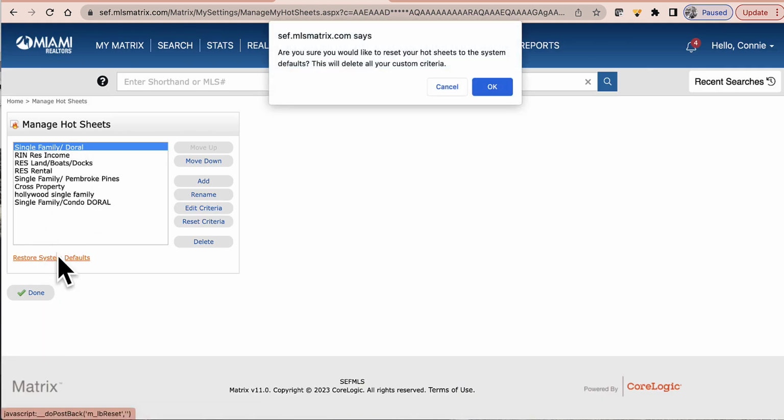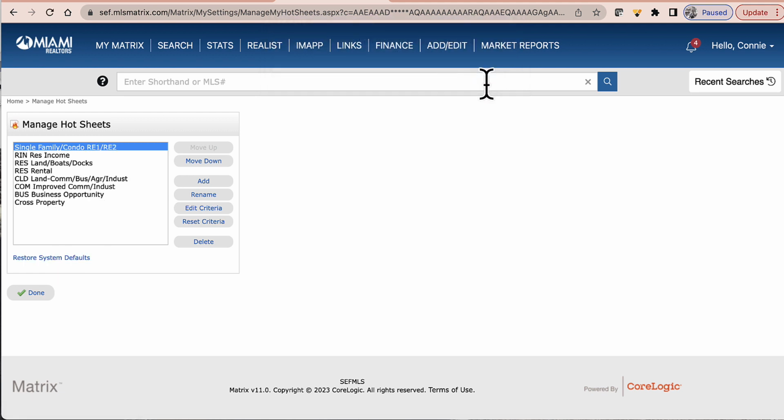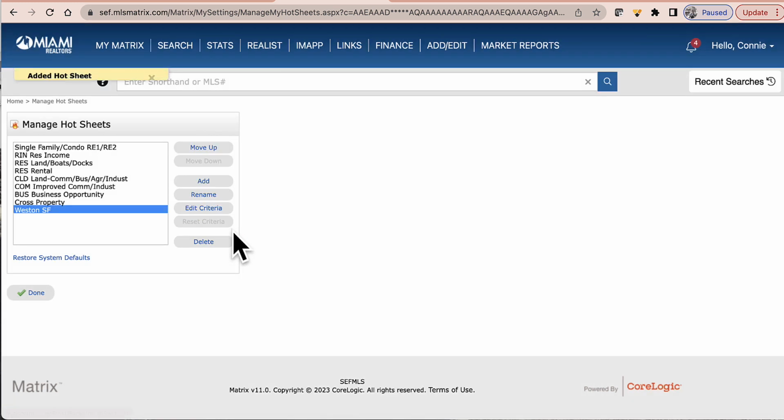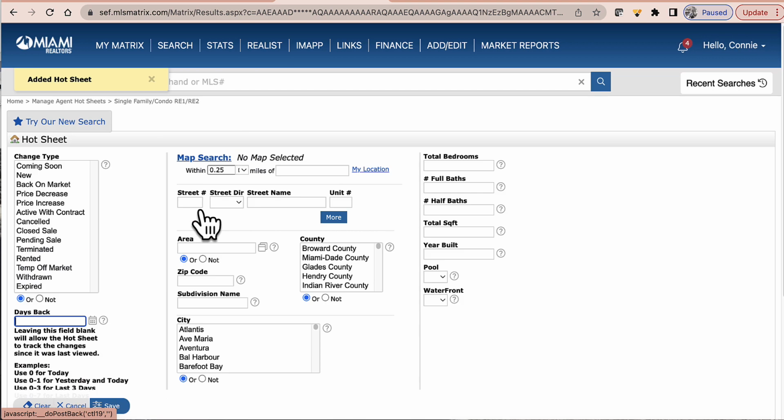You can restore system defaults if you would like, right? You can also move down and organize. You can click one and add it. And when you add it, you can name it. Let's say that I want to do Weston single family, and you click Save, right? So I have the regular one up here and I added this one. Once I've added it in, I could edit criteria